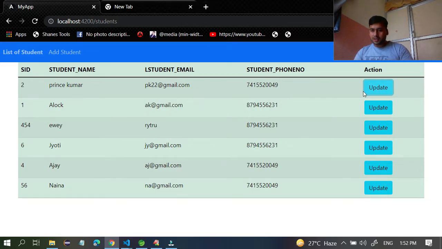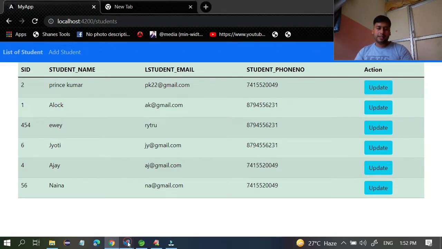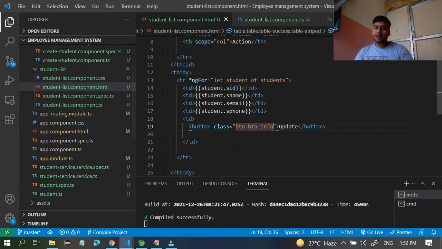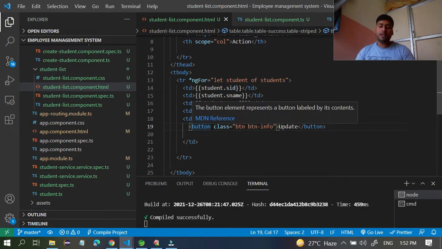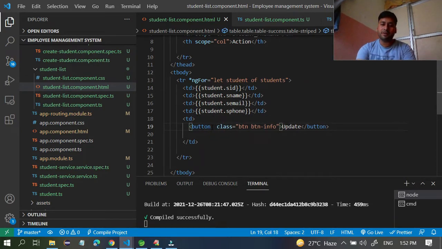So first I have created one button and put it in the browser. Next, you have to perform an action when you click this button. No problem, you can do it. How? In Angular you have an event called click.